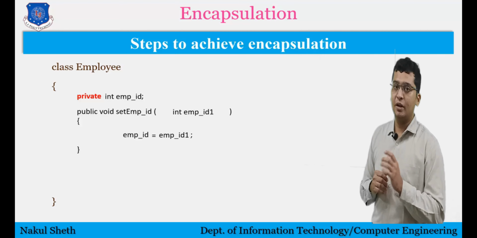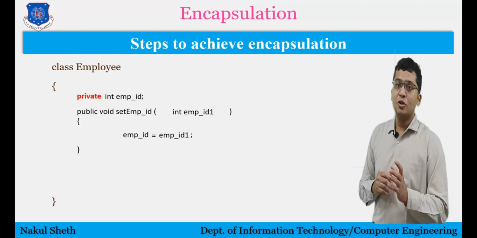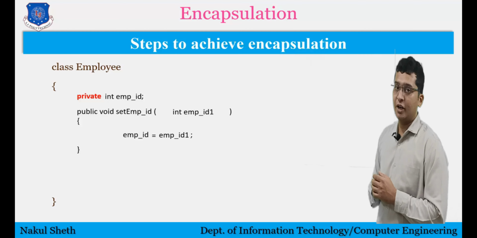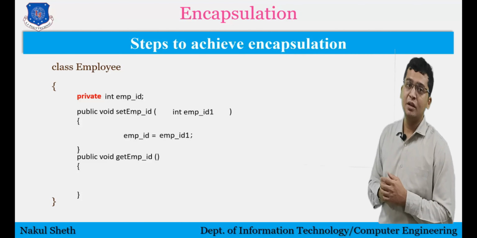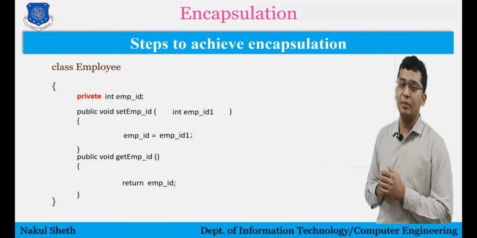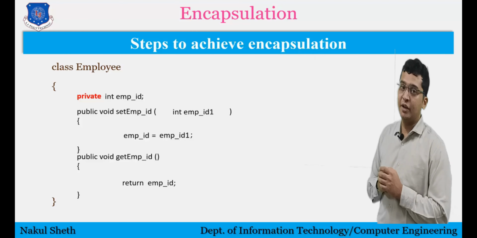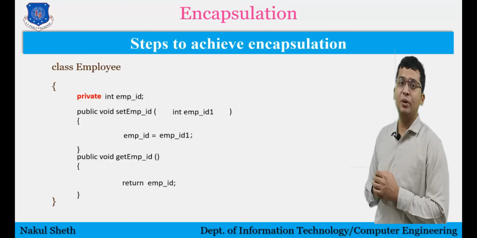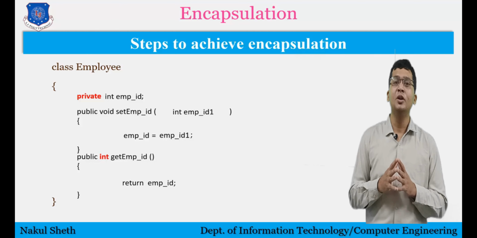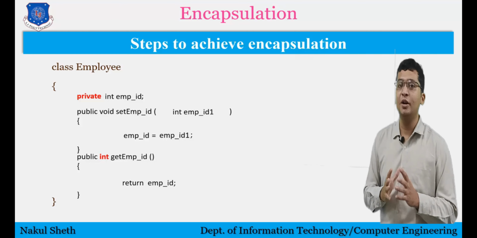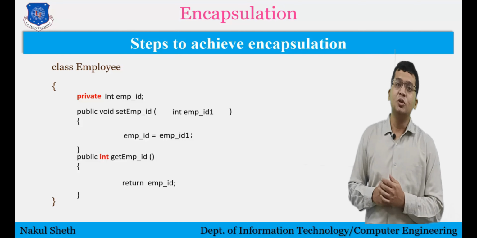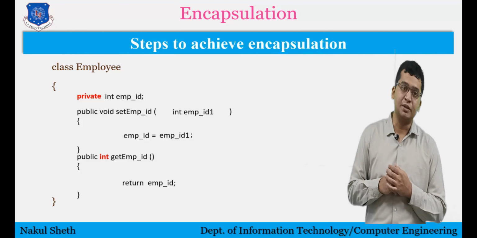Now I am going to create a getter method below this setter method so that we can read the value of the private variable. Here I am creating a getter method called getEmployeeID, which will return the value of the variable employeeID, which is our private variable. Now employeeID is what? An integer type variable. That's why I am going to return an integer here. So students, I have created a private variable here. To use this private variable, I have created two methods, a setter method and a getter method. So this process is known as encapsulation.